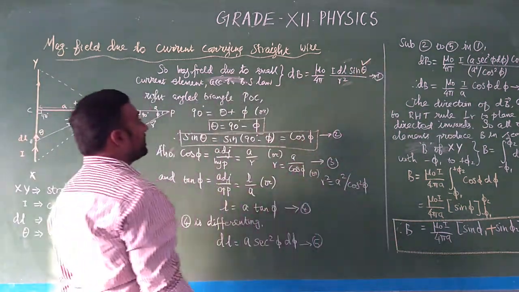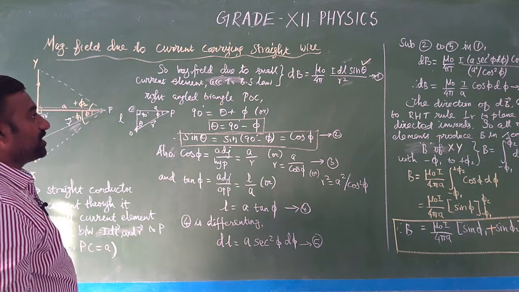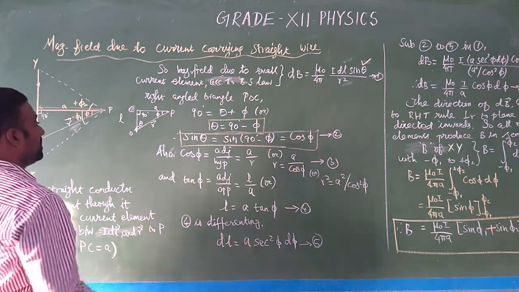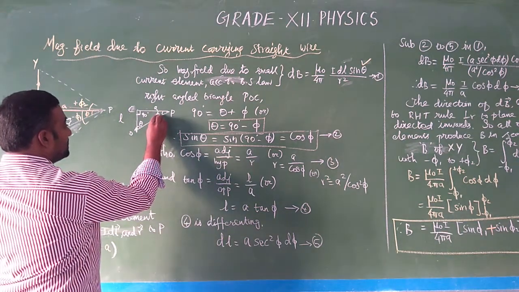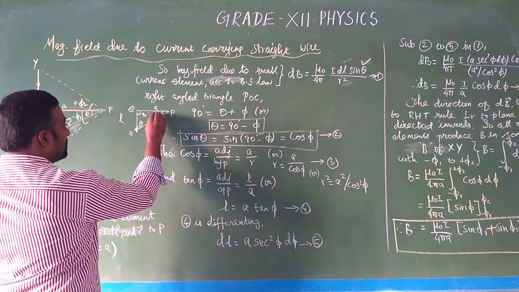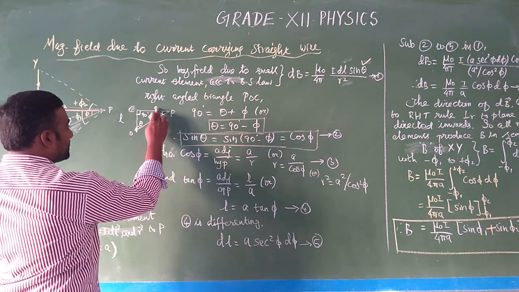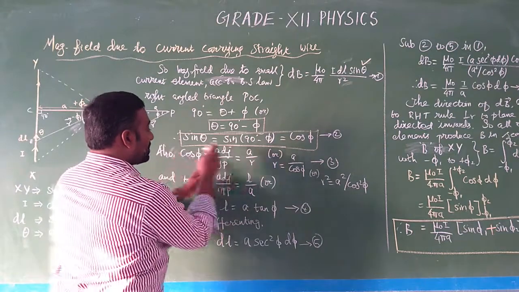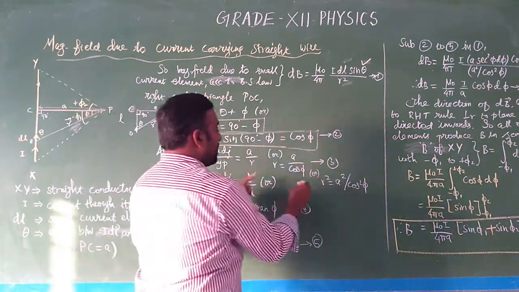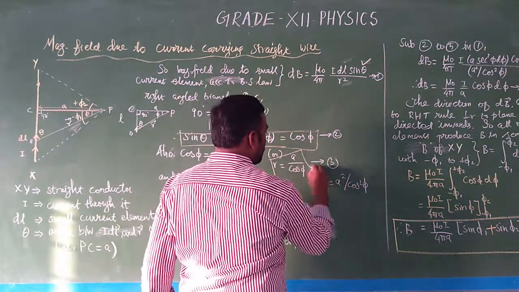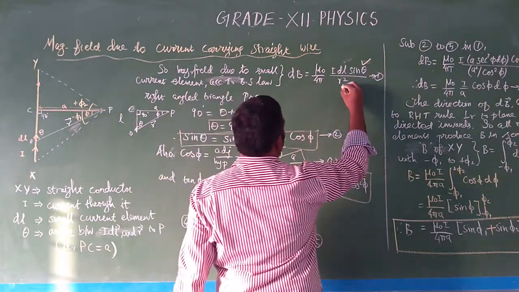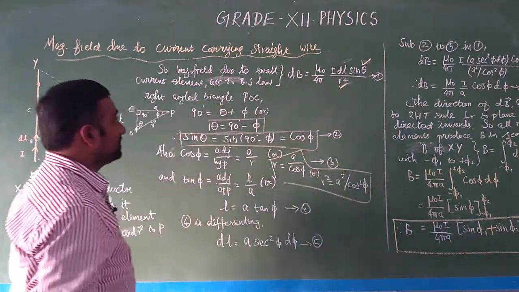The next we are going to find the r value, and the r value எப்படினா cos phi எடுங்க. So அப்ப cos phi ன ஃபார்முலா என்ன? adjacent by hypotenuse. Cos phi is equal to adjacent by hypotenuse. Adjacent is a, hypotenuse r, or r is equal to a by cos phi, or r square is equal to a square by cos square phi. So r ஓட வேல்யூ கிடைச்சிருச்சு.